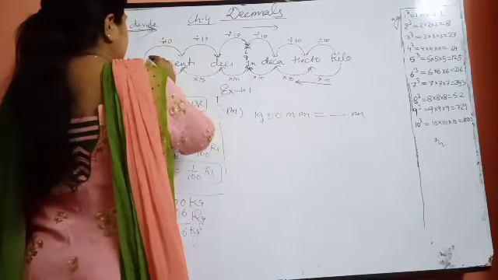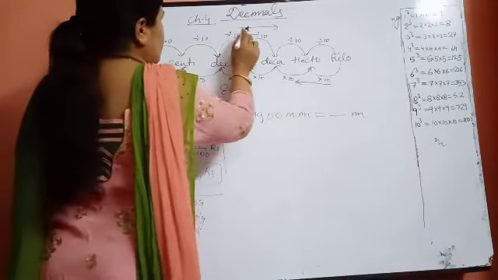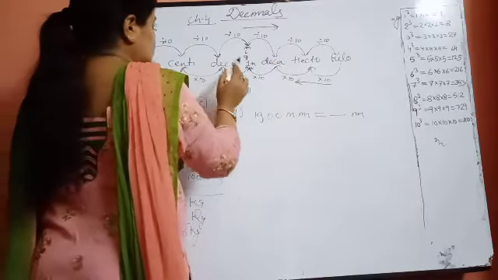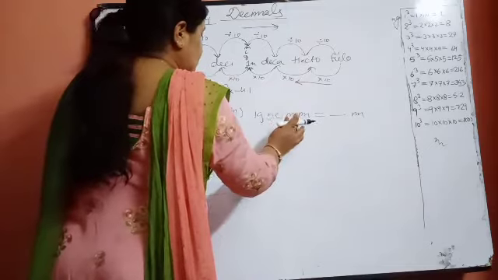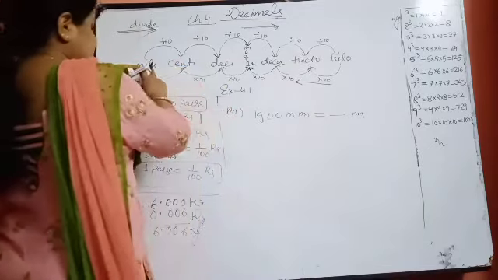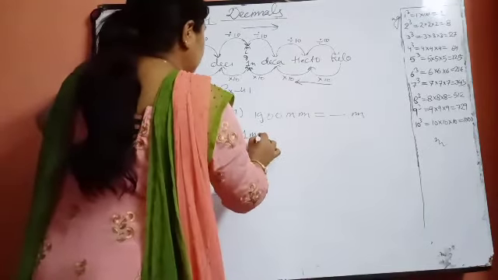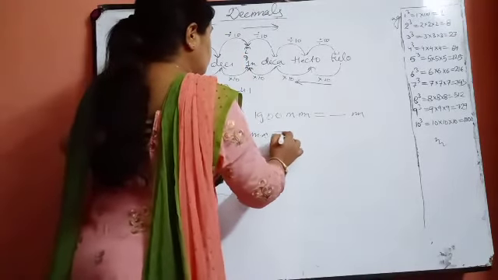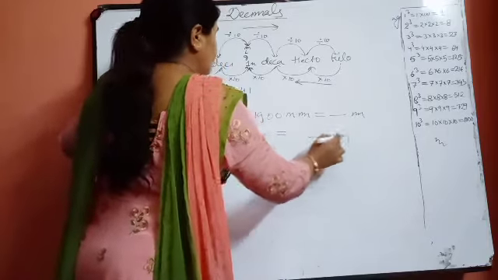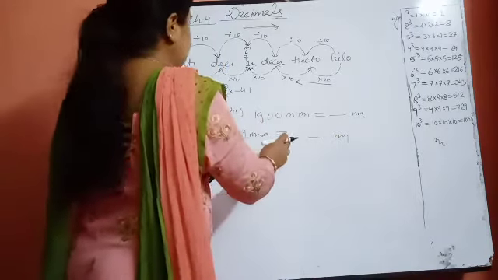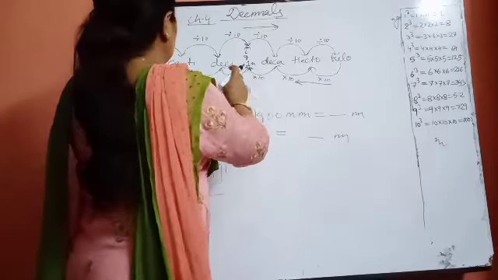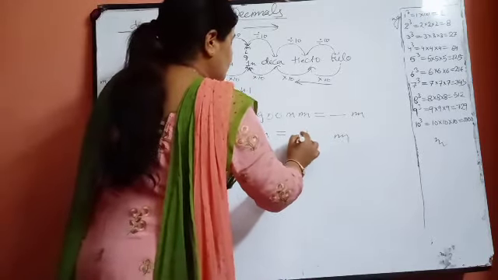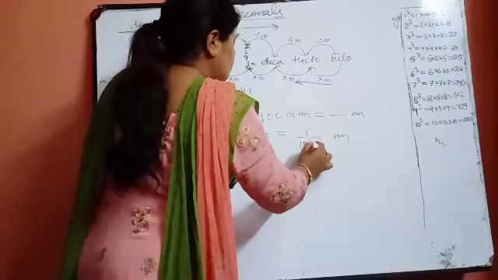Millimeter to meter, in how many steps? Again you have to move in this direction. How many steps are you moving? 1, 2, 3. So what will you write? In millimeter you are standing. Write 1 millimeter, always write 1, whatever you are going to change. 1 millimeter is equal to how many meter? You go to meter from the upper direction in 3 steps. So 1 upon 1, 2, 3.